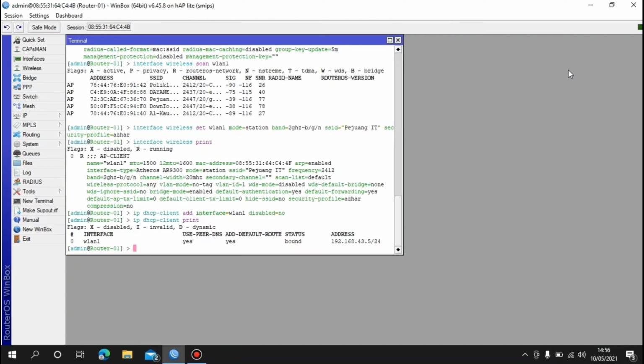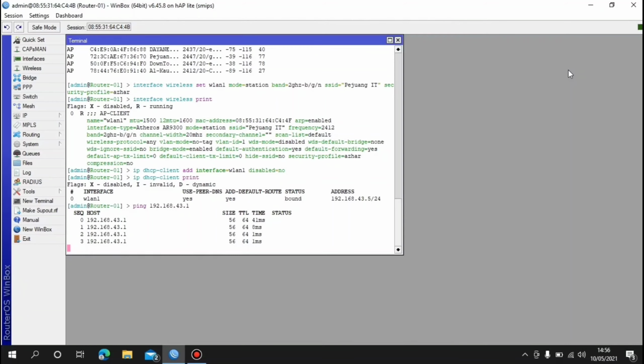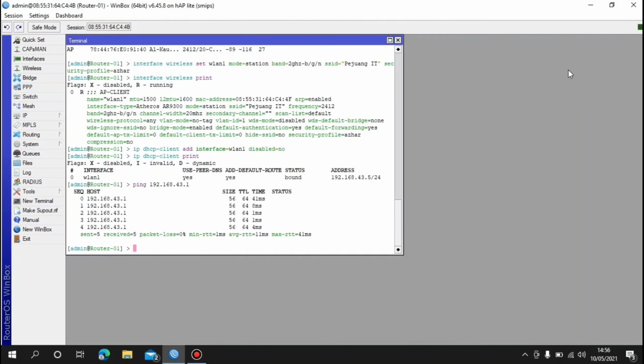And then we do testing by pinging the IP gateway of the access point with the command ping and then the gateway IP 192.168.43.1, enter, and we can see the result is reply, which means the router is connected to the access point.